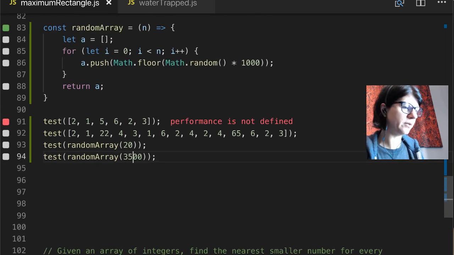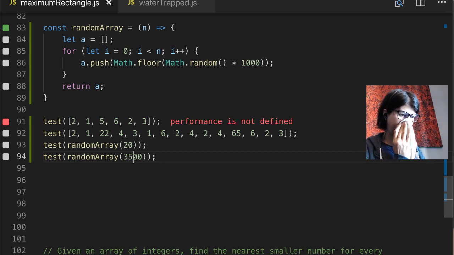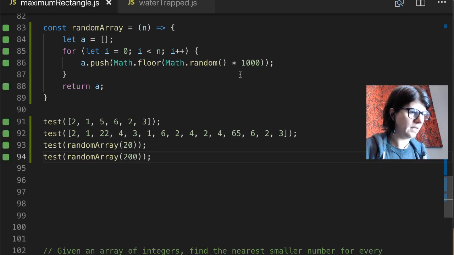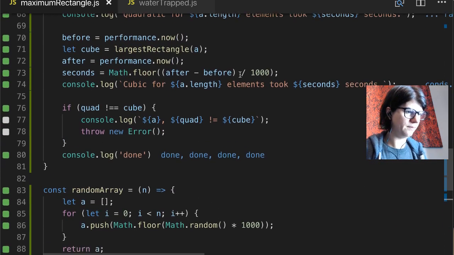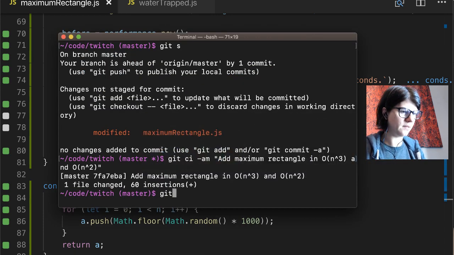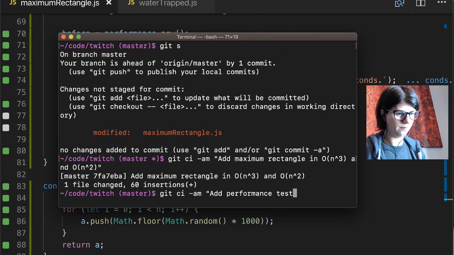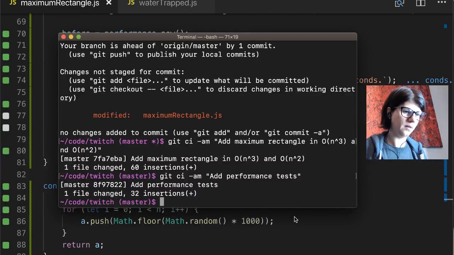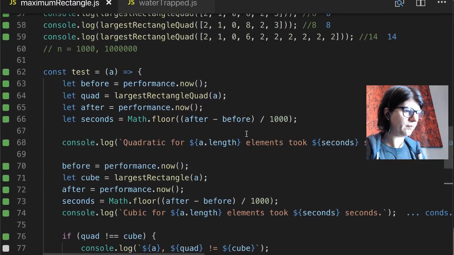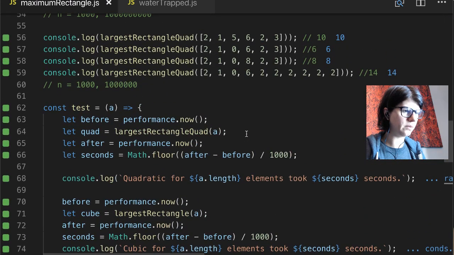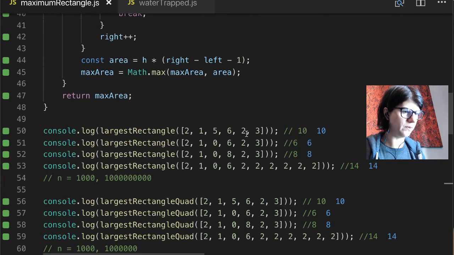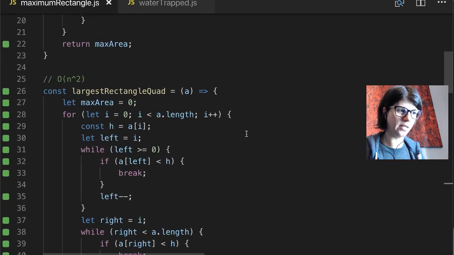Okay, so we have good tests. We can even use random arrays. I would say let's commit this, just in case. And what I want to do now is, we have cubic, we have quadratic, let's go